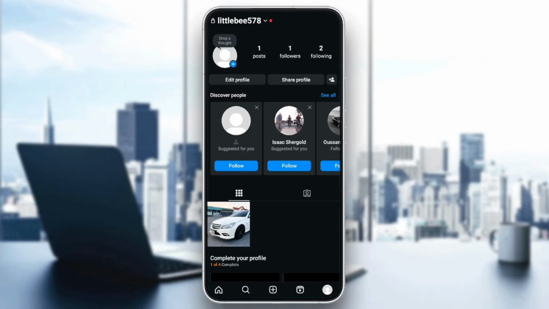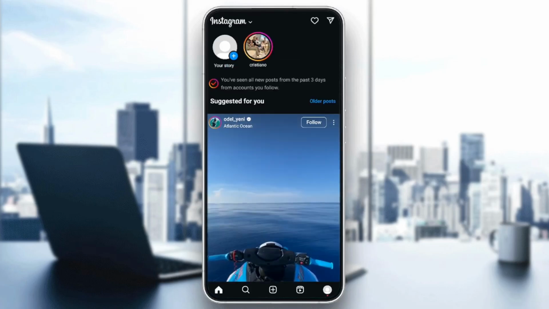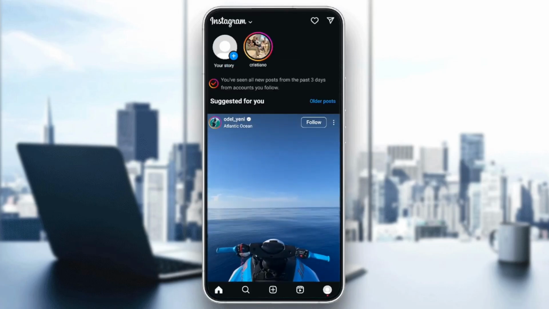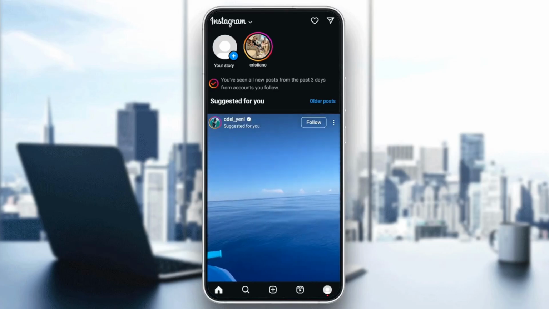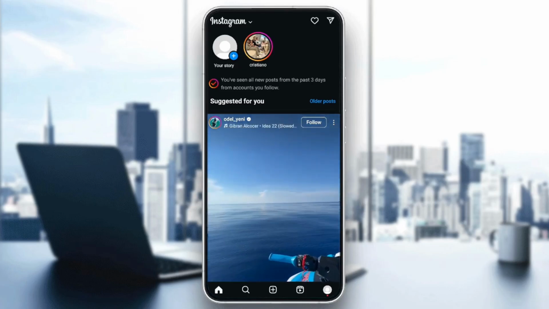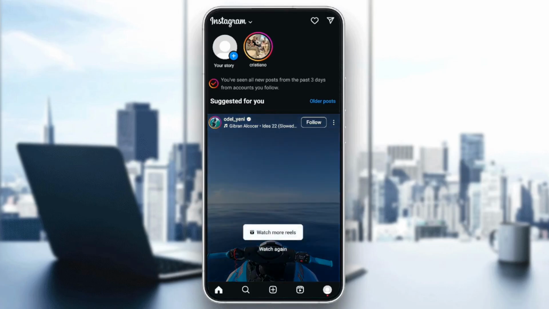So basically, guys, if you have this following problem, you might just have a problem with your internet connection. So make sure that you are connected to a good internet. If you are already connected to good internet and you still have this problem, then follow the steps I'm going